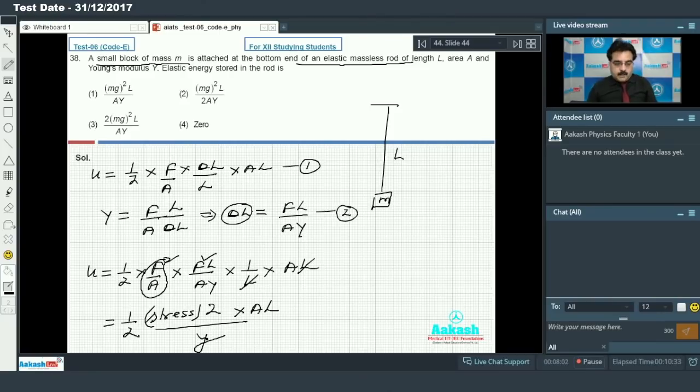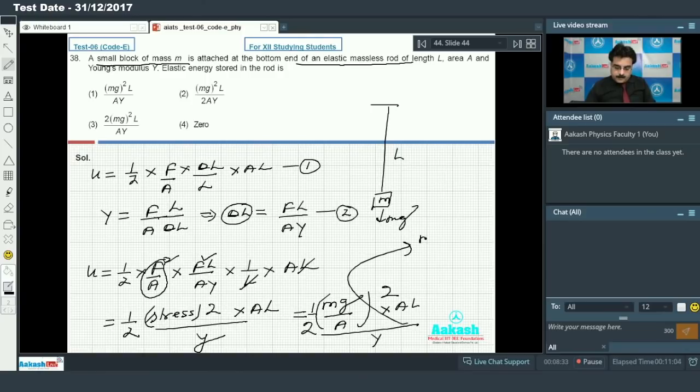Y is the Young's modulus, and I know the value of stress is force. Force is mg, so we'll write mg upon A, because A is the area of cross section, whole squared, and 1 by 2 is there, so you have to be very careful, into AL divided by Young's modulus Y. So on solving, we'll get mg whole squared, initial length upon 2